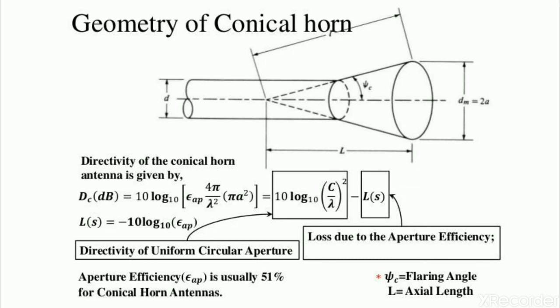So please remember these design considerations of the conical horn antenna, those graphs and the applications. Also we have seen the structure and working of the conical horn antenna and the objective of providing the flaring at the opening of the waveguide. In the next lecture we will discuss the corrugated conical horn. So that's it for the conical horn antenna for today. Thank you.